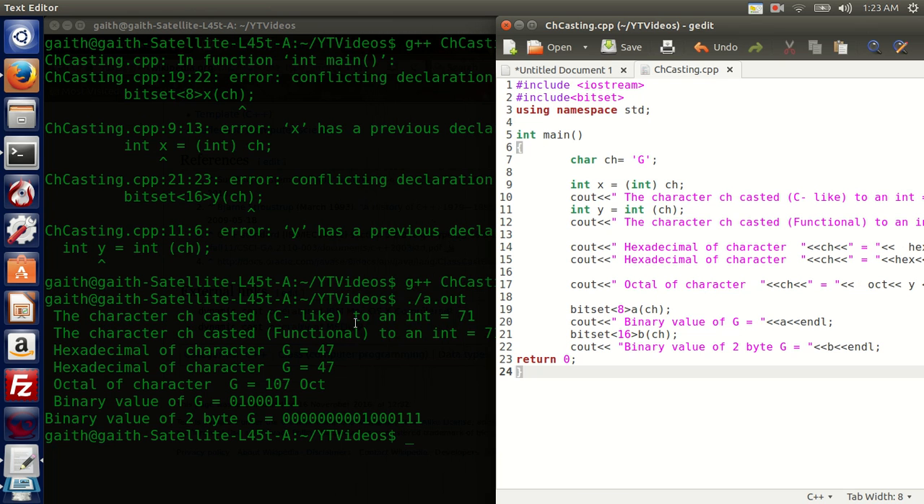Here the C-like is 71, character casted, which is G, is 71, and C-like casting, this one where I had it here, functional notation casting is here. It gave me 71. The hexadecimal value is 47 of character G. The octal value is 107, and